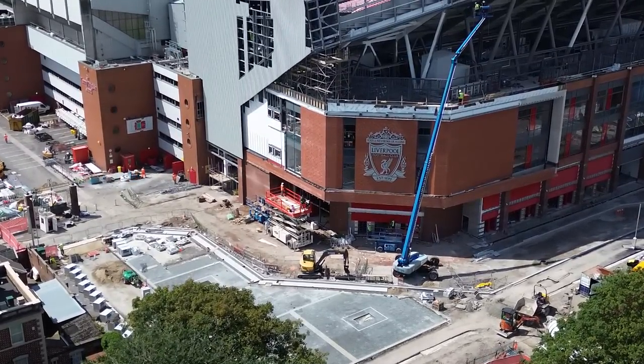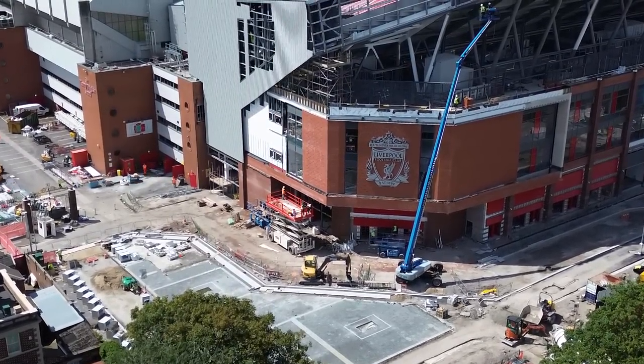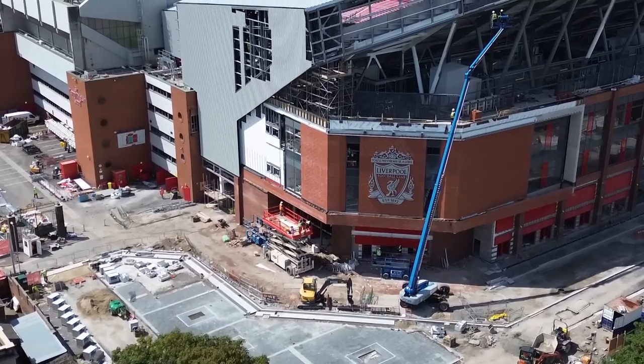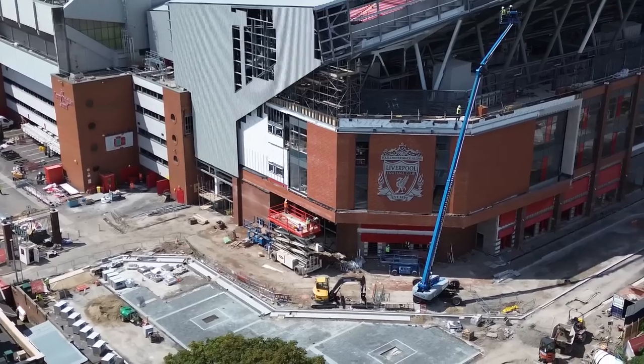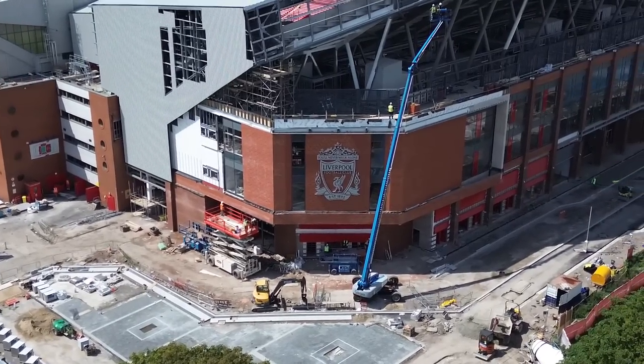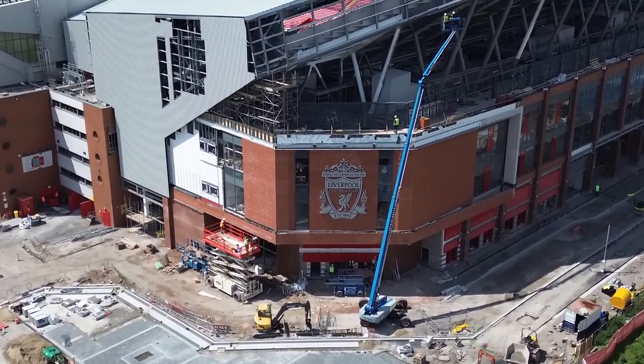I'll go a little bit closer. Don't want to get too close when the cherry picker's up there with them guys. They've been really good towards just drone flies. We don't want to piss them off right now, so